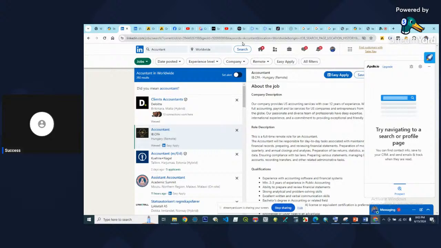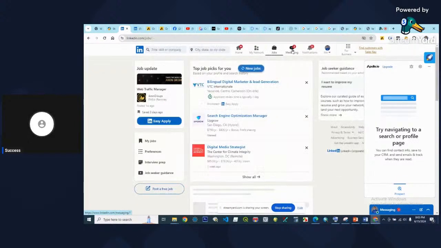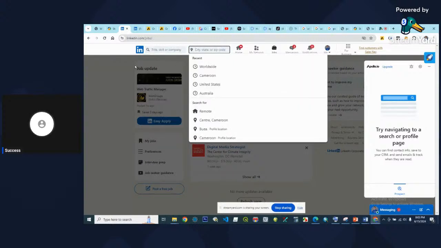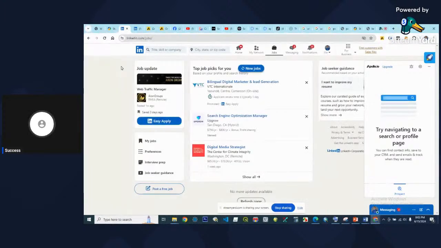Okay, so for a recap, for those of you who didn't go through the last session, when you want to look for a job, if you're using your desktop or your laptop, you come here. This place like a briefcase is where you're going to see jobs. You click on it, and then you can search for the job. You add the location, and you look for what you're looking for. So that's a little bit about LinkedIn, and that's what we had to do for today.